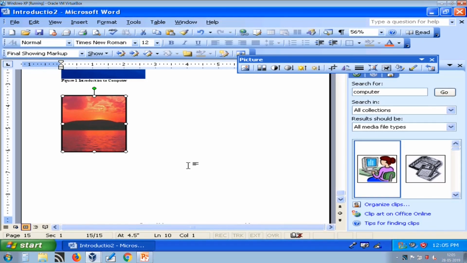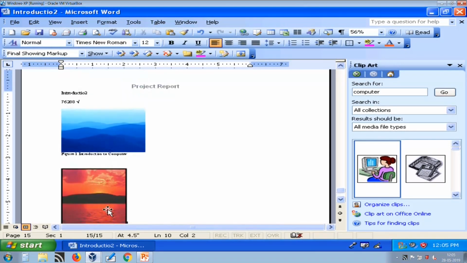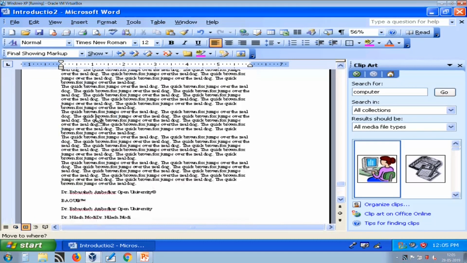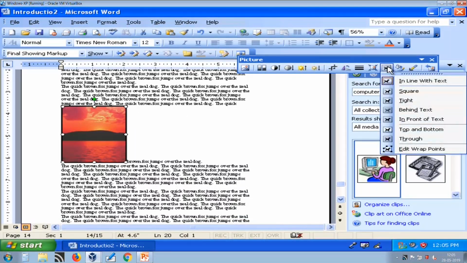Now text wrapping is an important part. Suppose I want to place my picture in line with text. Now let us see what will happen if I move this picture to the text. So I am just moving it, so it is in line with text.